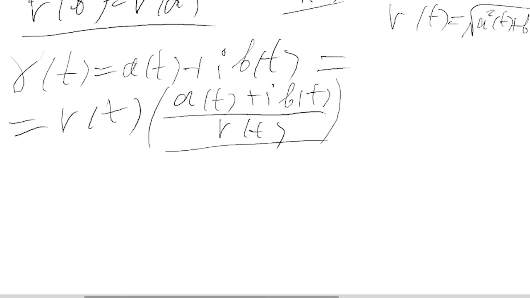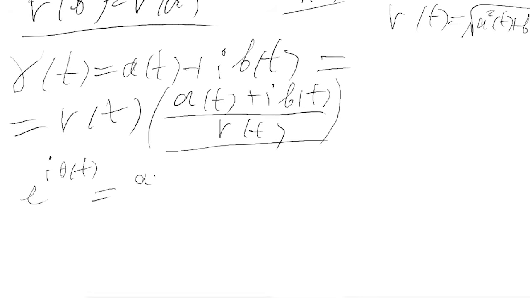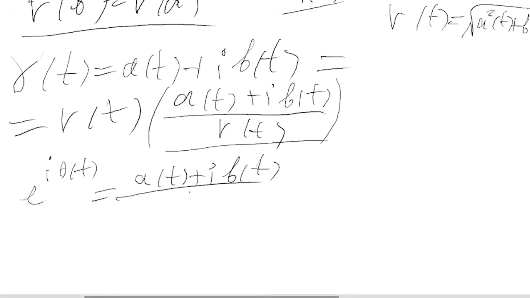Now the question is about theta here, and what we get essentially is that e to the power of i theta of t can be rewritten in this new definition as a of t plus i times b of t over r of t. Now the issue still comes with showing that theta of t is differentiable, because if e to the power of i theta of t is differentiable, that does not necessarily mean that this theta of t is also going to be differentiable. And again, there are some ways to go about this, but